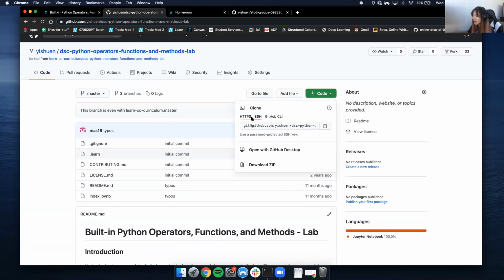SSH also might work, but you do need to get your credentials set up, and that's not super important. You very unlikely will need to use this for now. And GitHub CLI is this new command line interface that literally came out in the past couple months, so I honestly don't really know how it works either. So make sure it's HTTPS, copy this link,